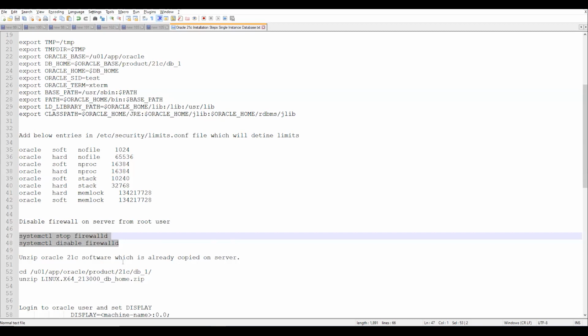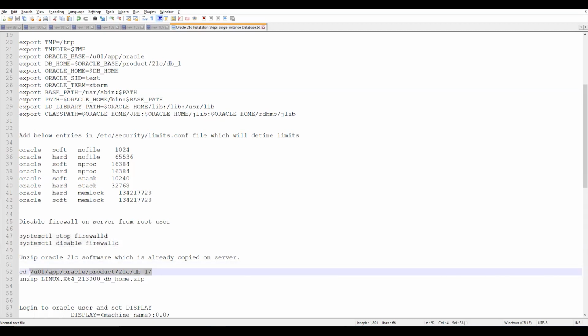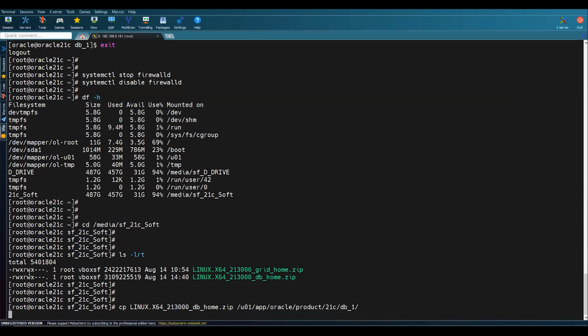So basically I'll copy the software on this DB home path, and I'll later modify the permission also, since we are copying it from root. This media driver is part of root user authentication. As soon as the DB home gets copied into my Oracle home directories, I need to modify the permission, and from the Oracle user I'll modify the permission also.